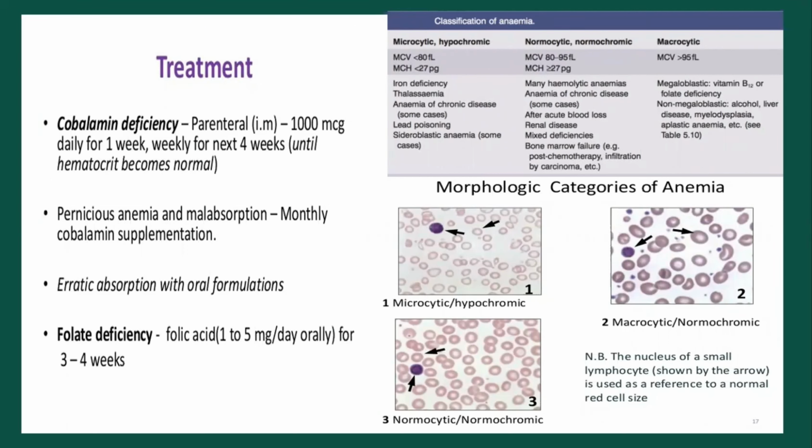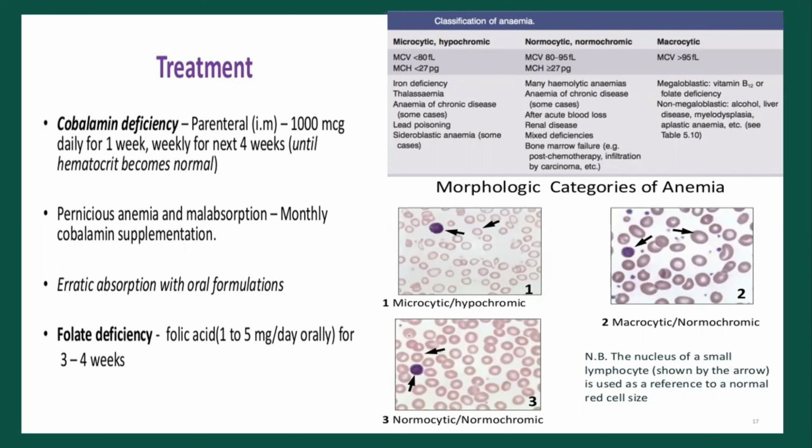Treatment for cobalamin deficiency, parenteral IM 1000 microgram daily for 1 week and weekly for next 4 weeks until hematocrit becomes normal. Pernicious anemia and malabsorption, monthly cobalamin supplementation, and folate deficiency, folic acid 1 to 5 milligram per day orally for